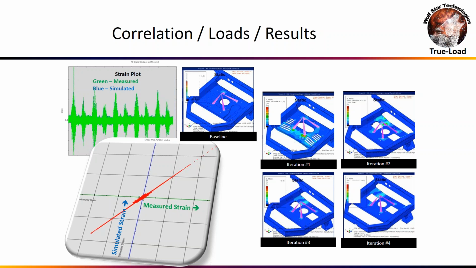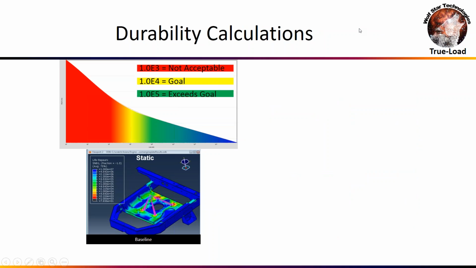Give me the FEA model of that one. Let me take the loads that we just measured and run it through that, and then working with the engineers, we came up with a different hole pattern and different material thickness and riveting configurations. And by the end of the week, we went through 5 iterations, and we had come up with a design that works. And I'm going to show you some durability results here on this.